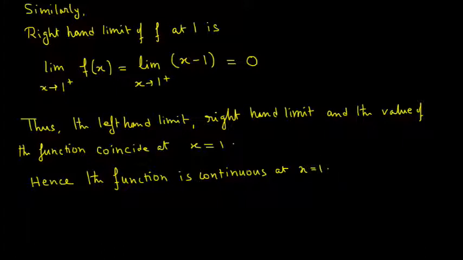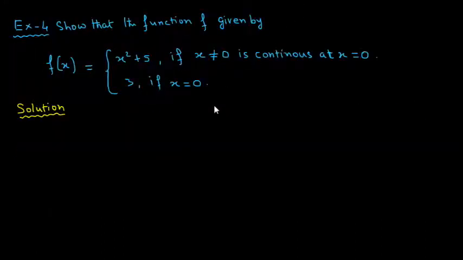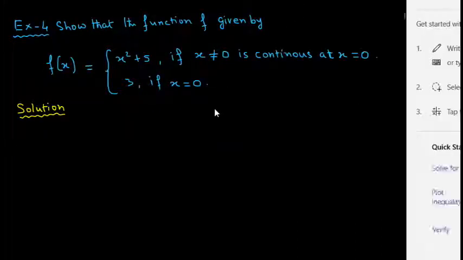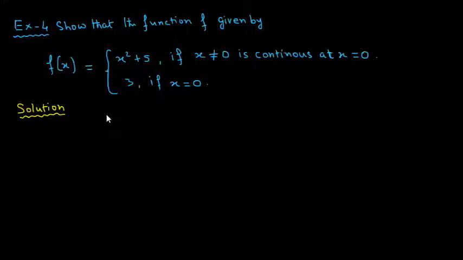Let us see the next example. So the next example is: find so that the function f given by f(x) is equal to x square plus 5 if x is not equal to 0 is continuous at x is equal to 0, 3 if x is equal to 0. Now, the solution,